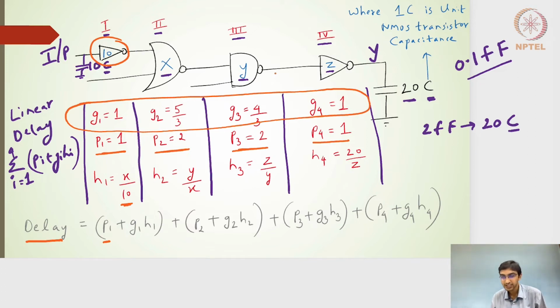If I know the value of X, Y, and Z, I should be able to find out the overall delay for this particular 4 stages. Although it will be a normalized delay, that is perfectly fine, because once I get the normalized delay, multiplied by 3 into RC will give me the absolute delay of any critical path. Right, hope this is clear. Moving forward,